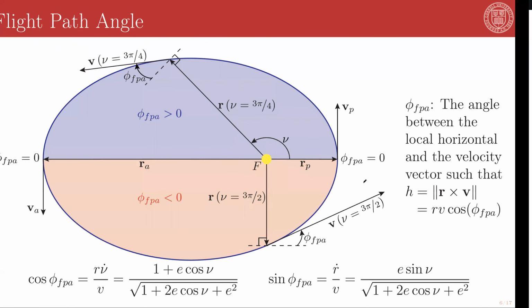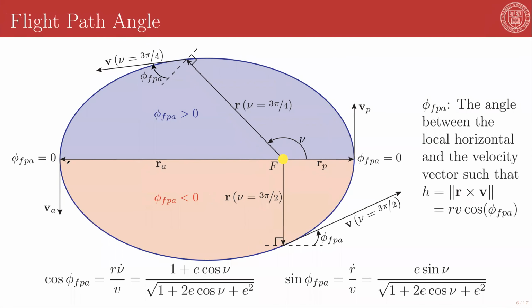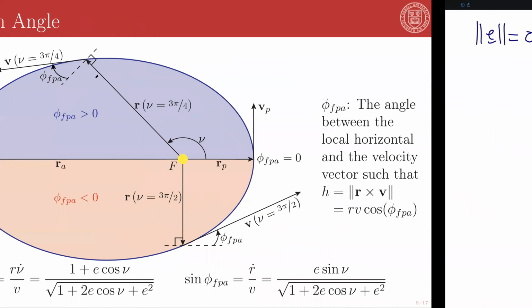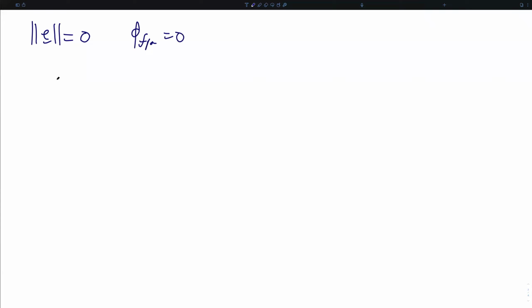You can also see this in this diagram. The flight path angle at the turning points, where the orbital radius and velocity are orthogonal, is always 0. On a circular orbit, all points are turning points, and so the flight path angle is 0 everywhere. With perturbations to first order, we can write the components of our eccentricity vector in the Hill frame as,